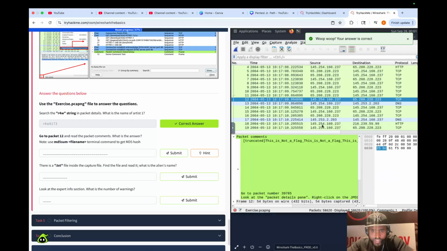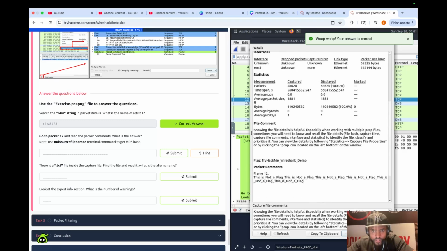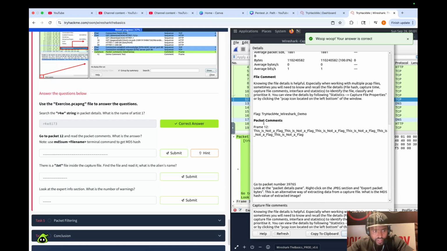So let's close that again, and click right here in the comment. Open the capture file properties dialog, where you can find the file comments, especially the packet comments. We want the packet comments, not the file comments. So for frame 12, packet 12, read the packet comments, not the file comments. For the packet comments, we have: this is not a flag. Go to packet number